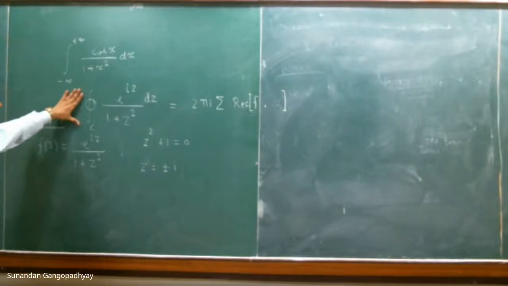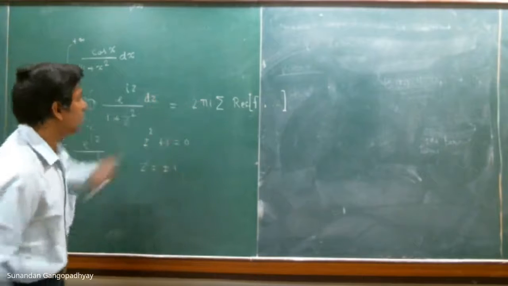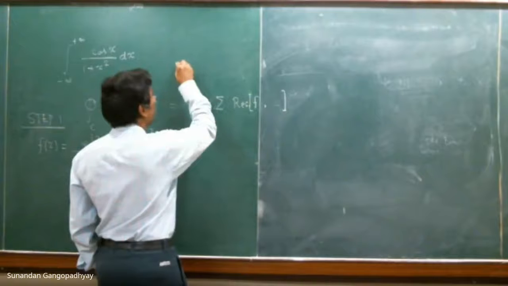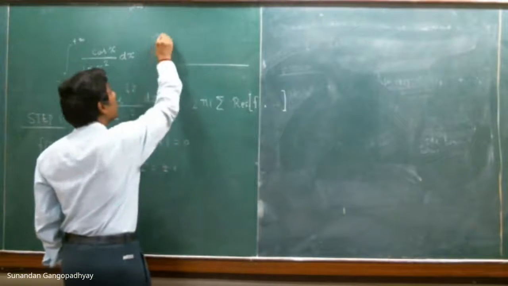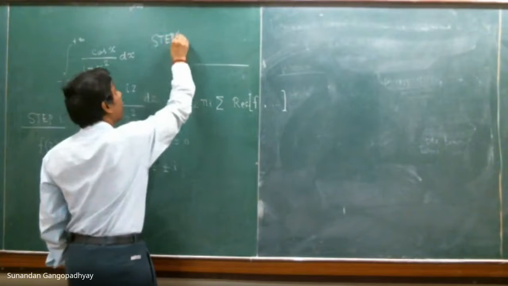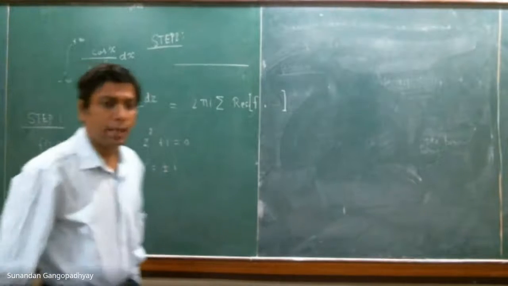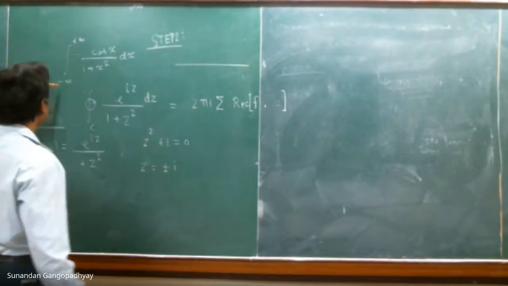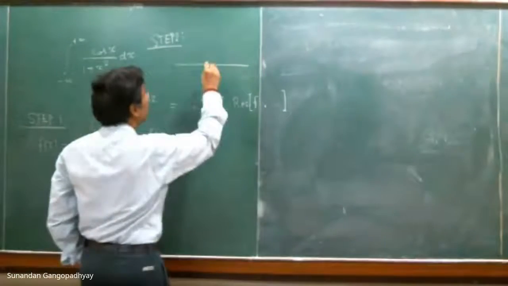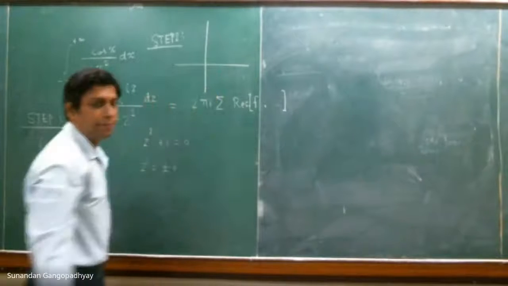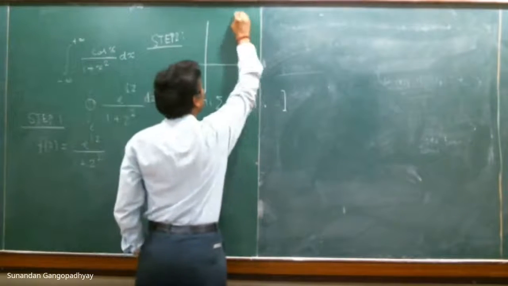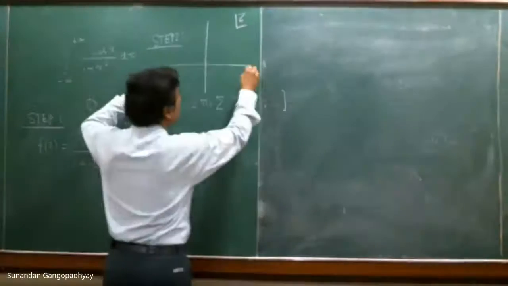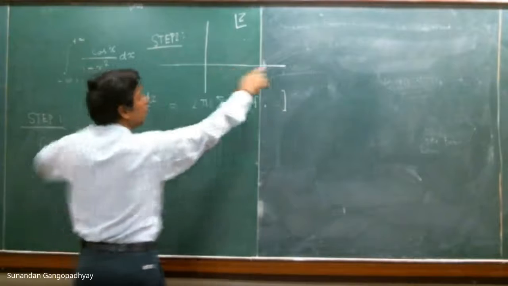So now you see that this thing is equal to this, but you can write this particular thing in the following way. Now the second step, step 2. The second step that you need to perform is to understand how to evaluate this integral. So suppose this is your complex plane, your Argand plane Z, and you have an integral which is on the real line from minus infinity to plus infinity.